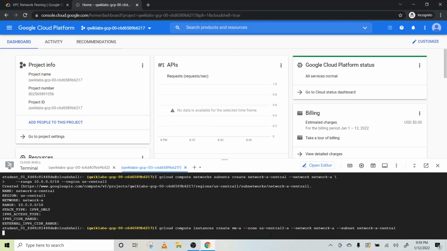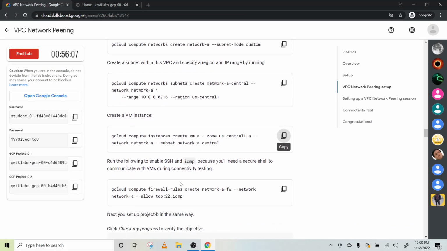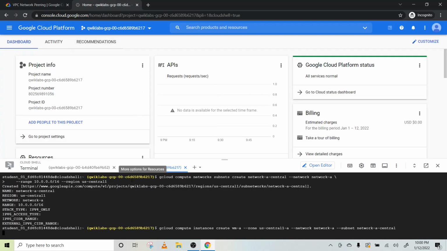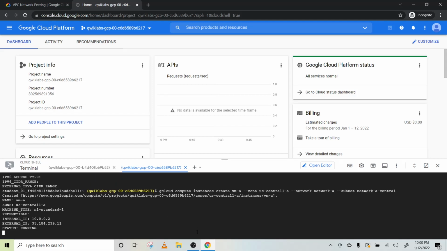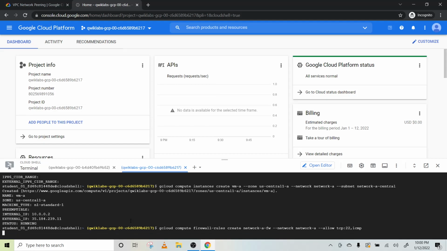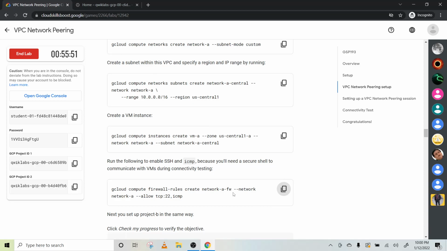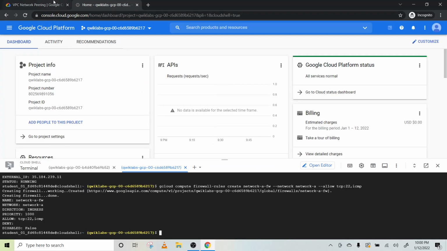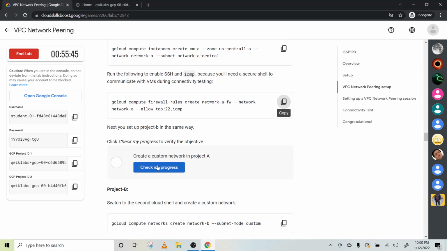All the zones and regions are already specified, so there is no need to change or type manually. Let's wait a few minutes. Okay, now it is done. Now type this command. Okay, everything is done.